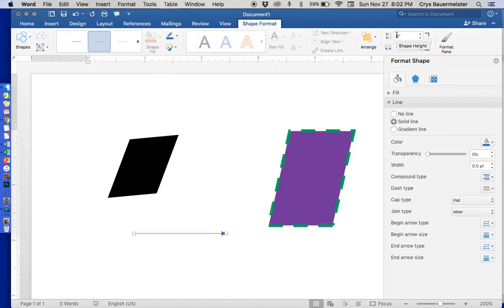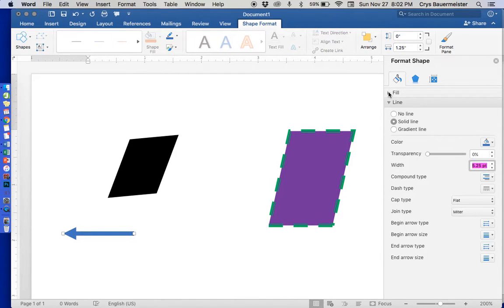Now, why is there no shape height? Because it's a line, and lines don't really have a height. They have the width, though, or the length that you're doing. Maybe I wanted to change this, and I wanted to move it around and have it go the other way. I could do that. Looks like it's going to be hard for me to get that even, though. Let's see if I could change that back down to 0. There we go. The one way you can change, though, a little bit with height is to go in with the line and to change that width to something more significant,